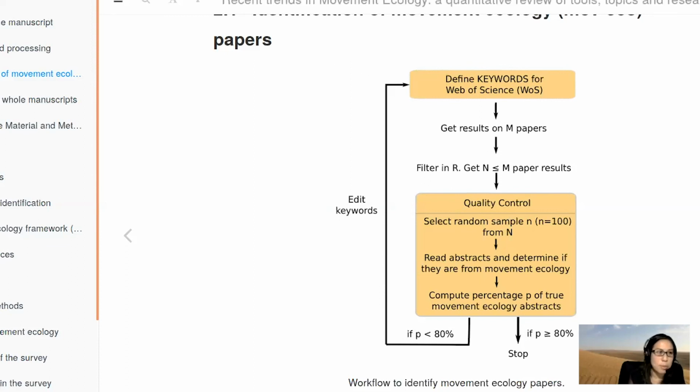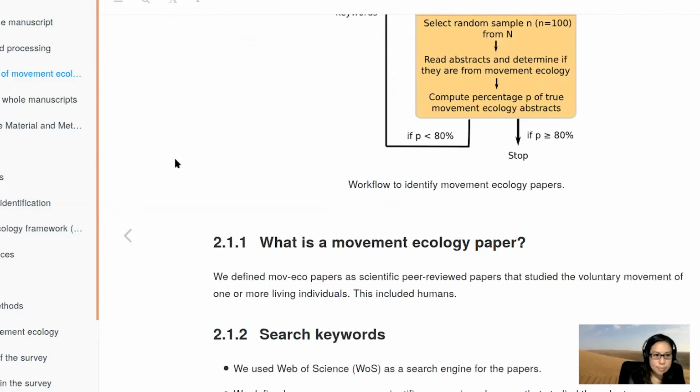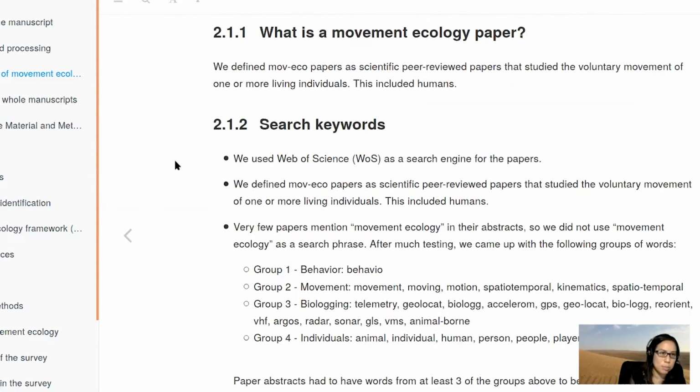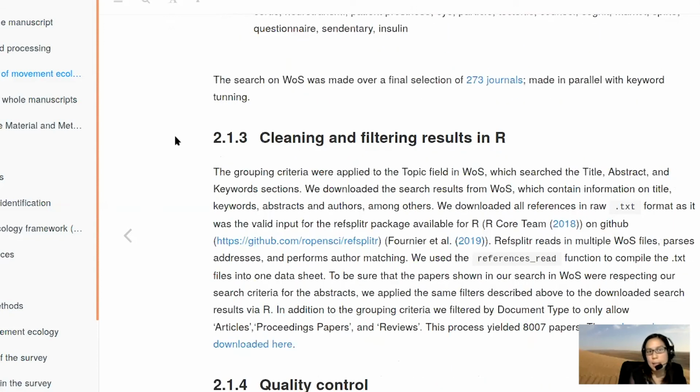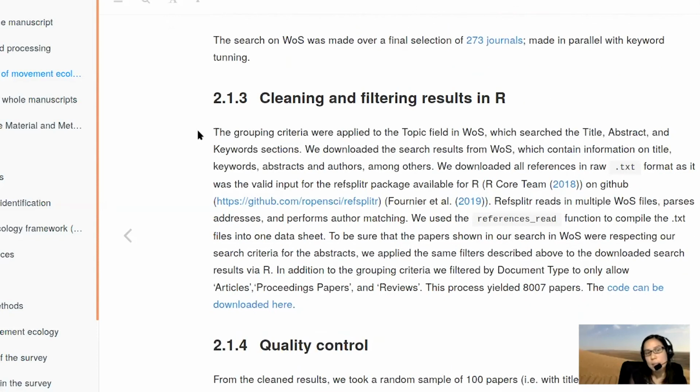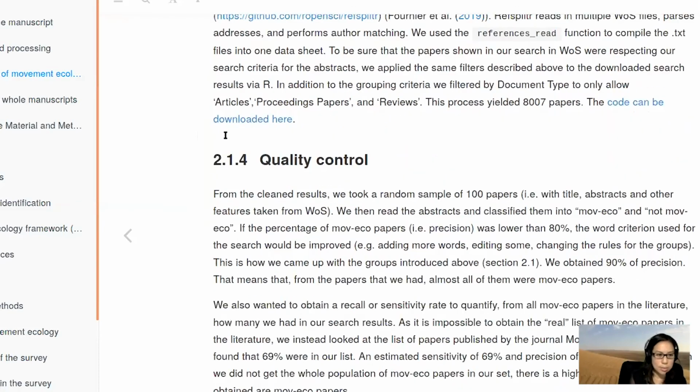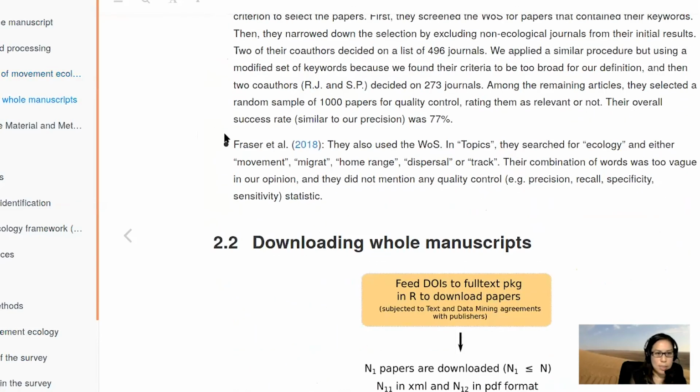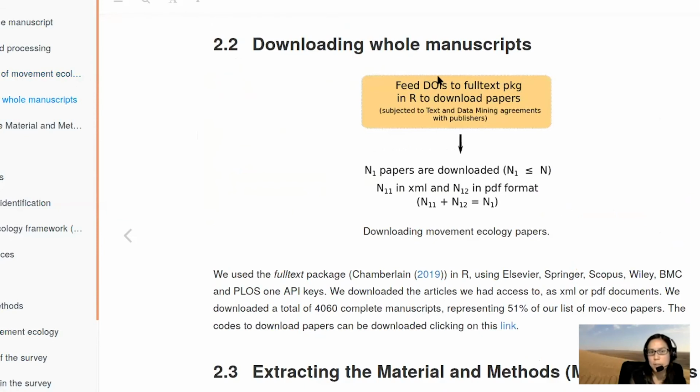So this is what I represent. This is on my website. I did the whole methods section basically in website form. So this is what is a movement ecology paper. And then of course I had to filter the results in R, quality control. And then I downloaded the manuscripts and